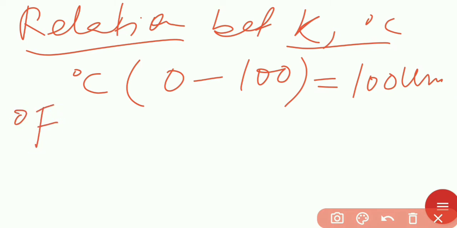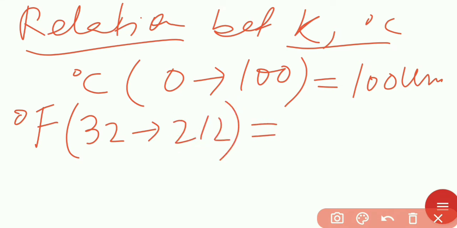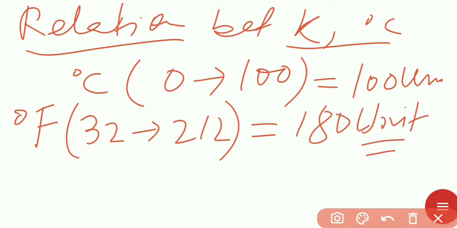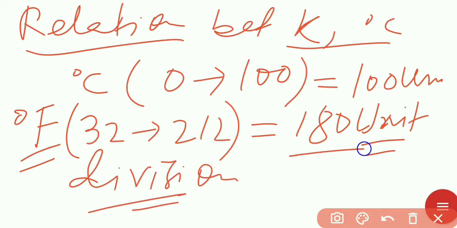And in Fahrenheit, the ice point is 32, and 32 to 212. So the total division is 212 minus 32. How much? 180 units. Okay, this question they will ask. In Fahrenheit scale, how many divisions or units? 180. And in Celsius scale? 100 units. Okay, so if we divide 180 by 100, then we will get,